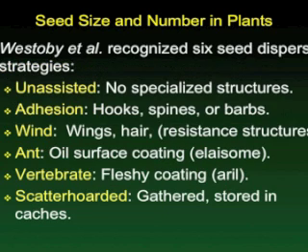Westoby et al. also categorized the different types of seed dispersal, and this really points out the interconnectedness that we see in an ecosystem where the plants are dependent on the animals in some cases for distributing their seeds, and in turn the animals are dependent on the plants in that they use their seeds for food. So an understanding of these different interconnections allows the resource managers to preserve the essential components in an ecosystem that's